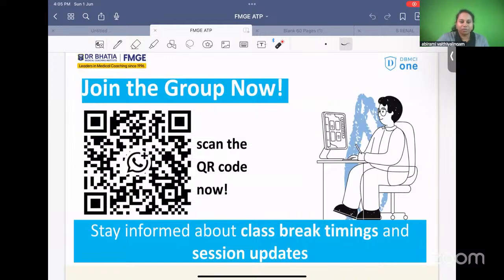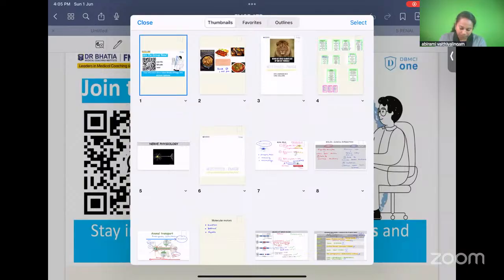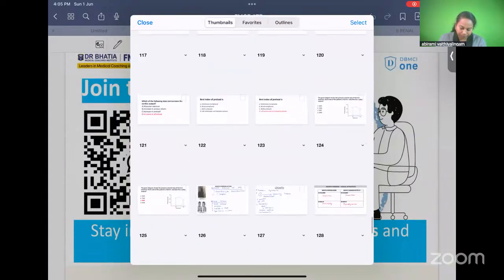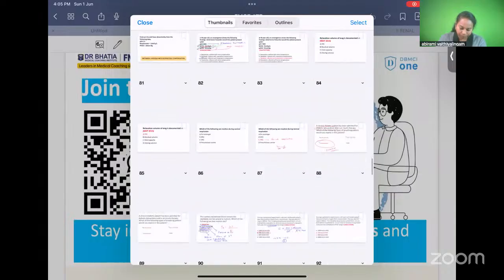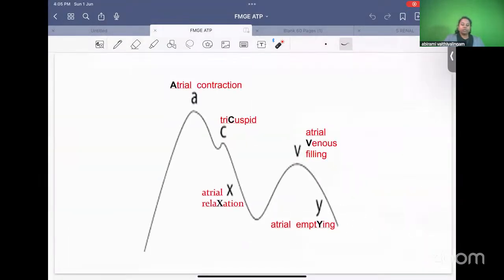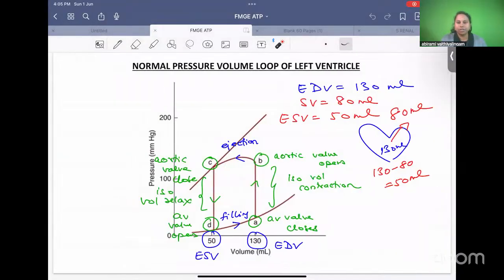Yes, hello everyone. So welcome back. So we are just starting after the break. So the remaining of cardiovascular system. So we just finished the pressure volume loop of the left ventricle. Go to